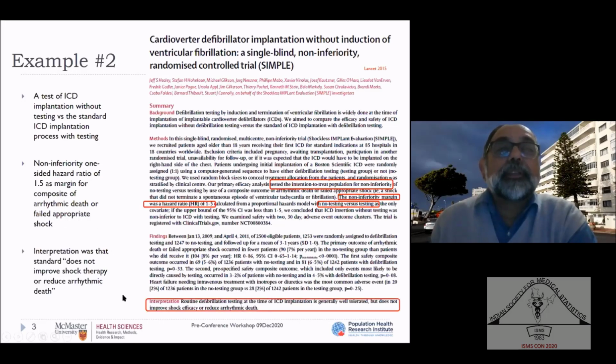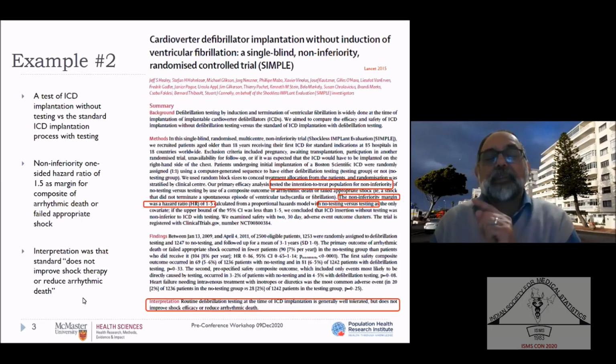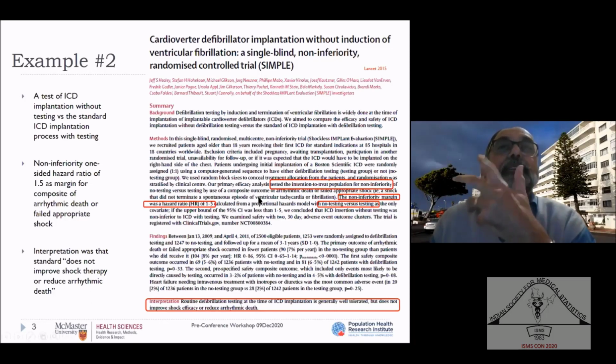They ended up interpreting in their results that routine defibrillation testing at the time of the implant is generally well tolerated, but does not improve shock efficacy or reduce arrhythmic death. So the interpretation was that the standard does not improve shock therapy or reduce arrhythmic death. This actually shows something that they should not be concluding, because you're not proving the standard, right? You're comparing the new thing against the standard. So even people that publish in the Lancet are having difficulties in interpreting the results of non-inferiority trials. So I'm going to be focusing on how we interpret